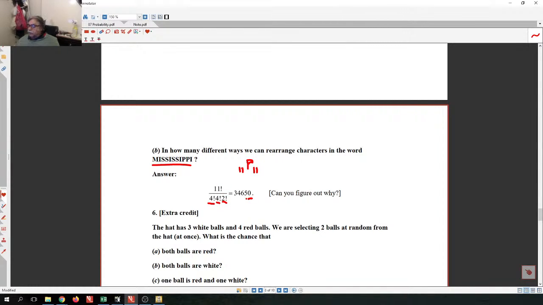So actually you have 36,760 different ways to rearrange the characters in the word Mississippi. I know this is hard. This is not an easy problem. So again,